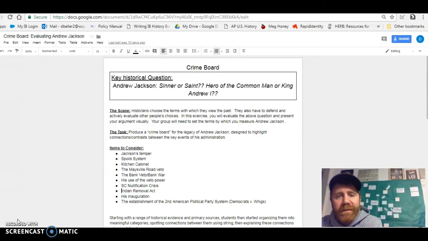Remember, ultimately, what we want to do, the final product here, will be to produce an essay. This essay needs a thesis statement in which you will take a position on this key historical question with Andrew Jackson. And you are going to develop that thesis statement throughout those 3 body paragraphs using evidence and elaborating on the evidence with some quality analytical statements.